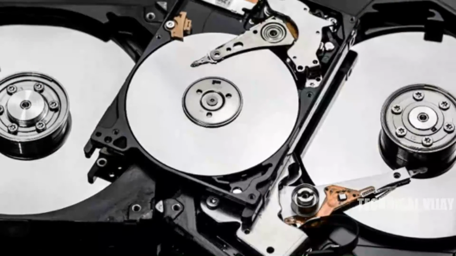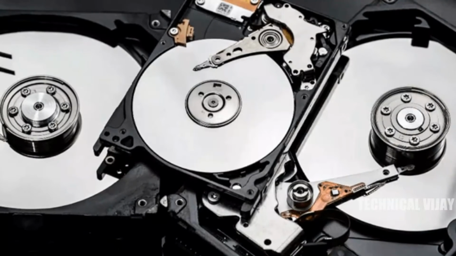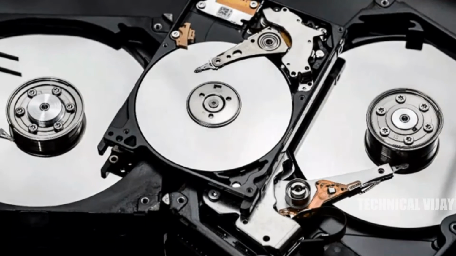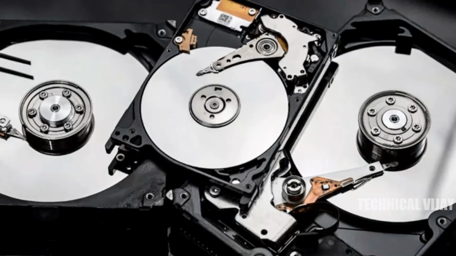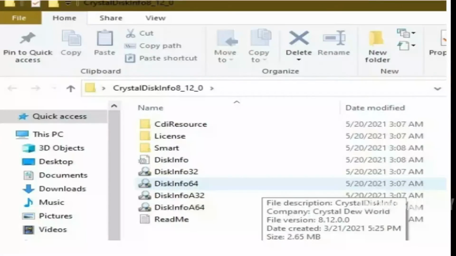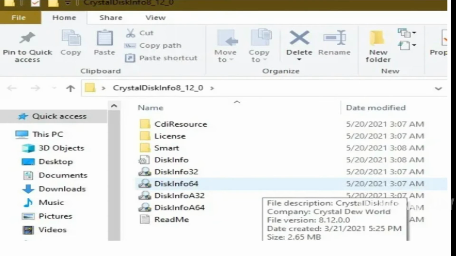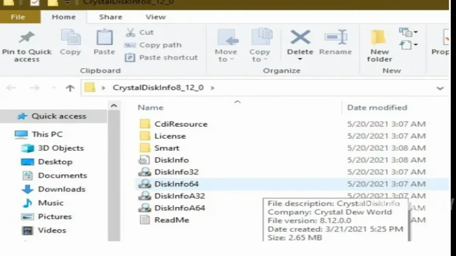Otherwise, the sixth option, you can also use a third-party hard disk health checking tool that will offer much more information than just a good or bad status. These tools also use the same SMART feature, just like WMIC. However, they provide far more details instead of just showing good or bad status. One such third-party application is Crystal Disk Info. For this purpose, Crystal Disk Info is really simple and a powerful tool.